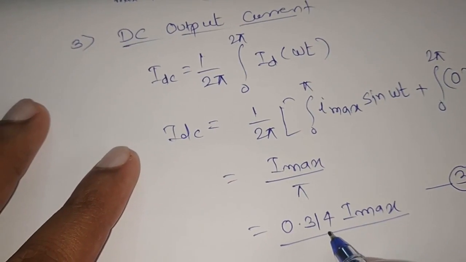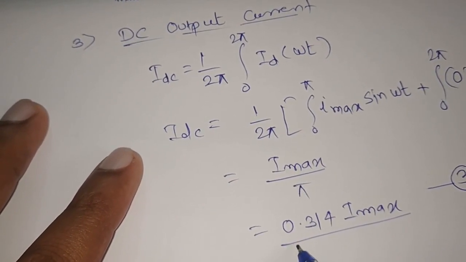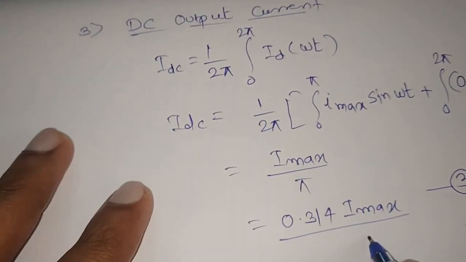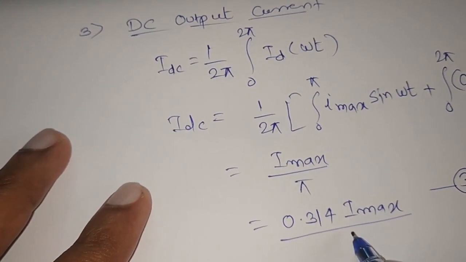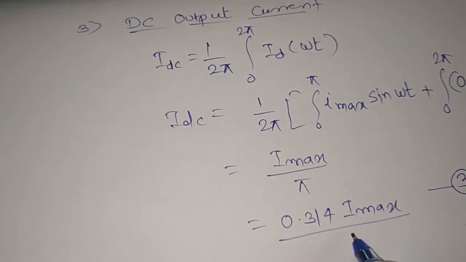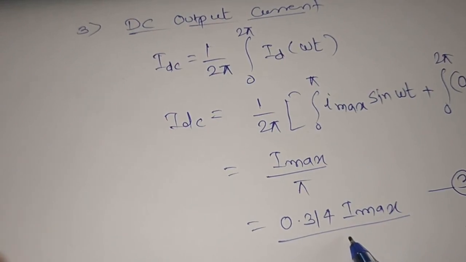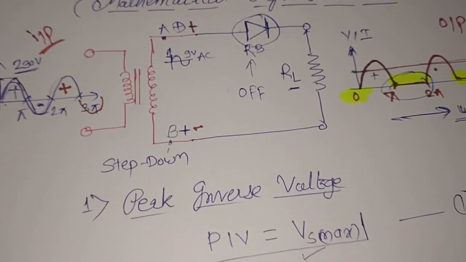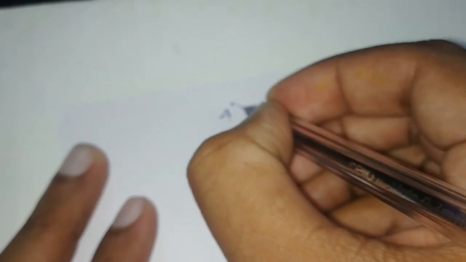That means the DC average is only 0.314 of maximum current. This much average DC value we can get. The fourth parameter we have to see is DC output voltage. Now this was the DC output current. So now let us see, fourth parameter is